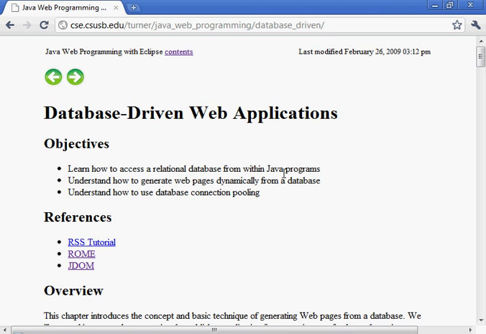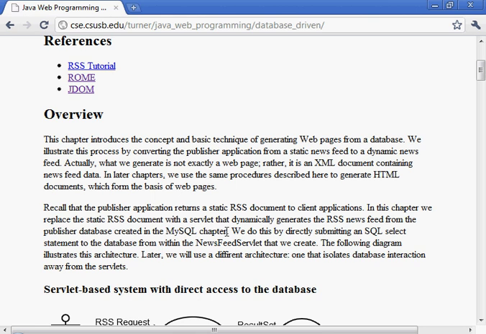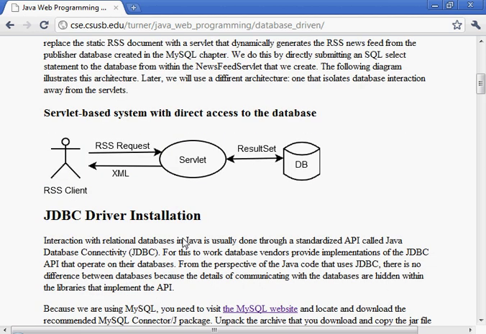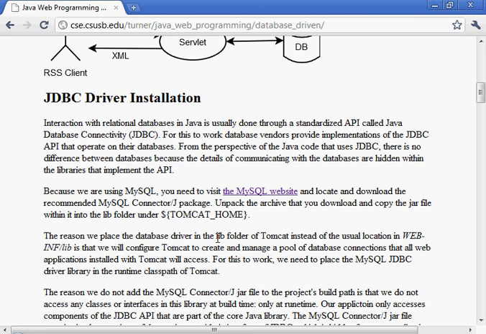I'm going to continue going through the activities that are described in Java Web Programming with Eclipse. I'm currently at the chapter Database-Driven Web Applications. In this chapter, we're going to connect to the MySQL database, and for that to work, we have to visit